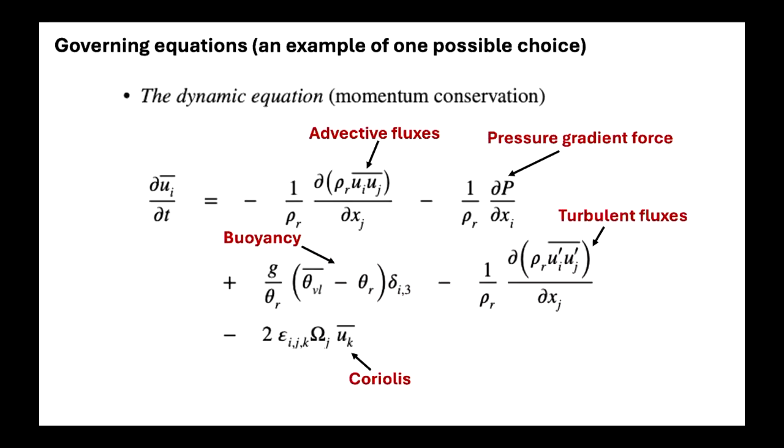Then we got this dynamic equation, right? Here that governs the motion of the air, which is driven by several terms you could see on the right. You're probably familiar with some of these terms if you're using large-scale models. For instance, we got the pressure gradient terms, the Coriolis terms, and this is pretty much the same in the large-scale model. But here we also got this advective and turbulent fluxes term, and importantly, we got this buoyancy term, and that really is a result of this non-hydrostatic assumption we made, allowing the vertical acceleration of the air.